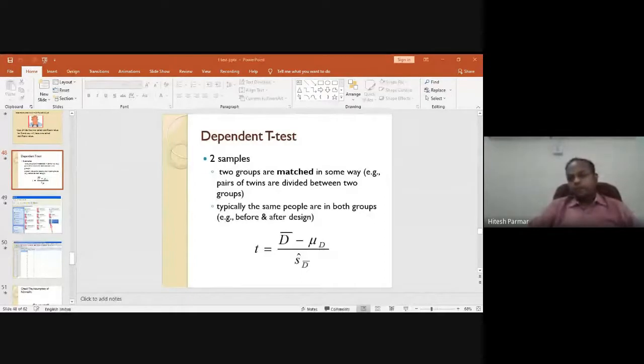Then we also talked about the one sample t-test. The one sample t-test can be applied when we have a sample mean and we want to compare our sample mean with some standard or specific value.